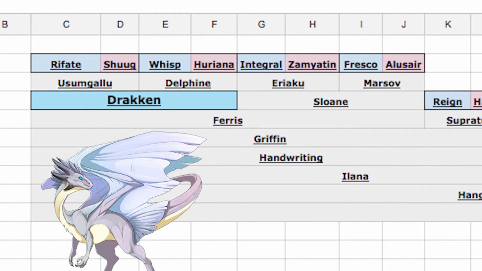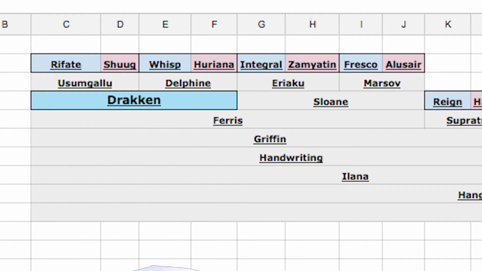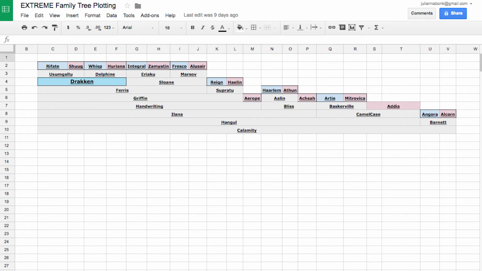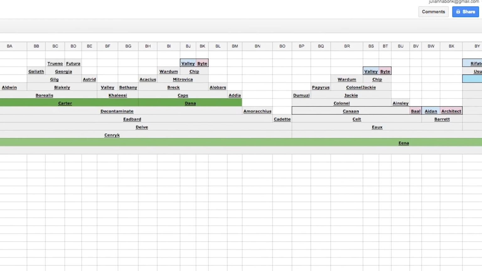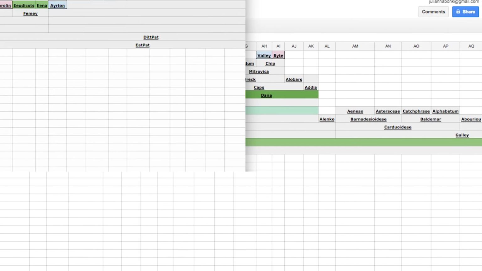But when we get to Handwriting, there are enough dragons between him and Zamyatin that they could successfully mate. We keep going and it looks like the male lineage is always going to be the core of this tree. I'm not really quite sure why I kept going at this point. I could only follow 1 offspring at a time, so this entire process undoubtedly missed some branches entirely. I wrapped up the sheet at Uticats and Ina, just to pick it back up here and here.